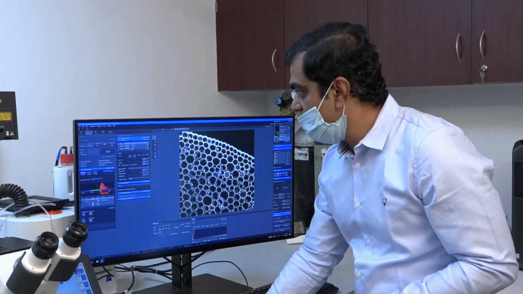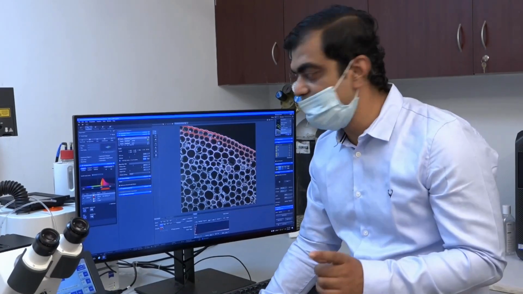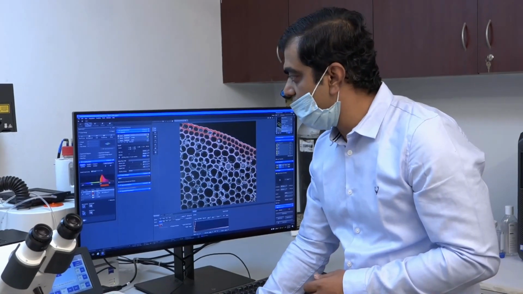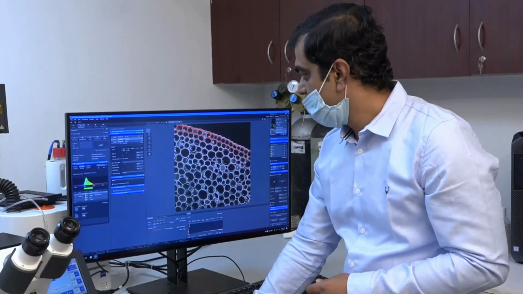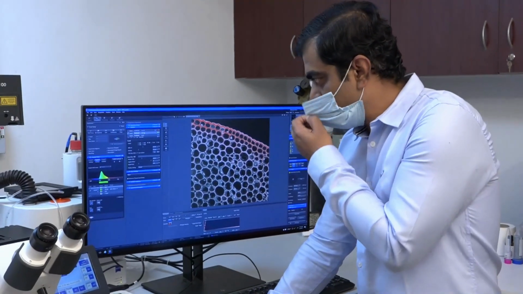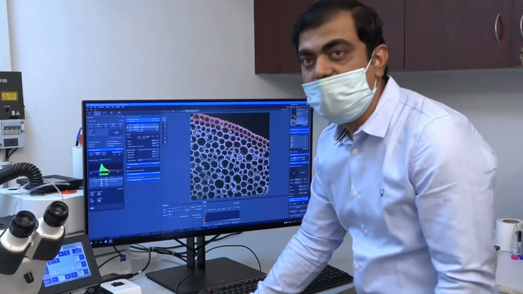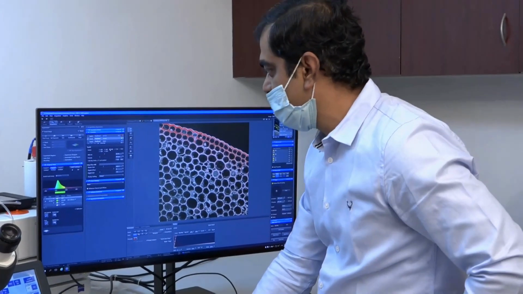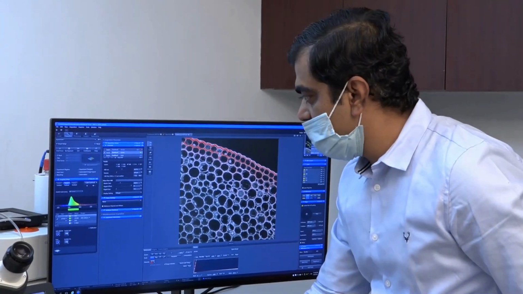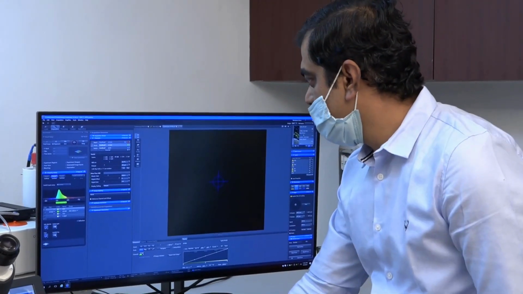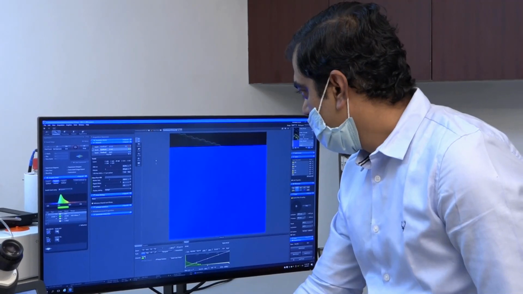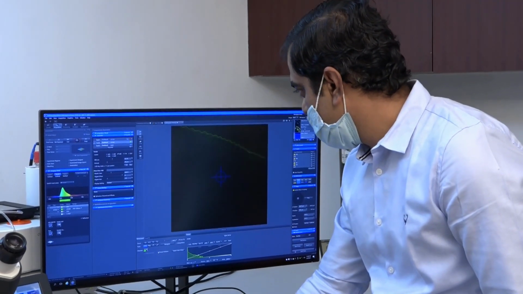Right. So once we have optimized the red channel, we will quickly go and see the green channel. In the green channel, what we will do is similar: the 488 laser will be used to excite this, with 0.2 and 650 volt. So we'll simply start with that, and let's see how we are getting this image.